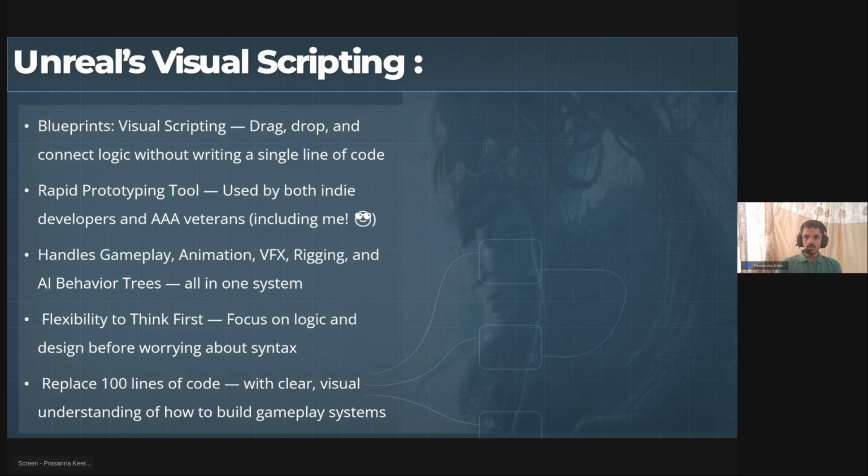I usually use Blueprints to quickly prototype things. In my academic studies, it has been very hard since I am a student. I felt it was very hard to think, okay, what is the next line, what is the syntax for the next line. In 2025, after the release of Unreal Engine Blueprints in 2015, it's been mostly very easy. If I am able to think in a gamified manner, I am able to create a game. That's the simple logic that Epic also tries to convey globally, right?